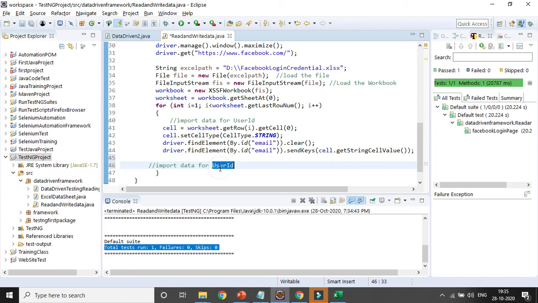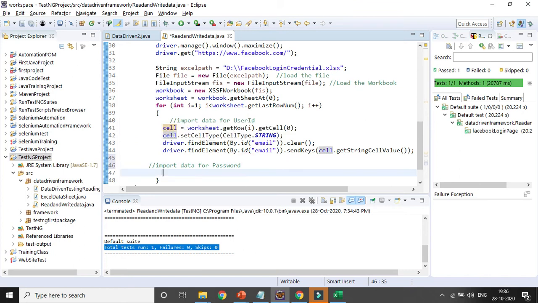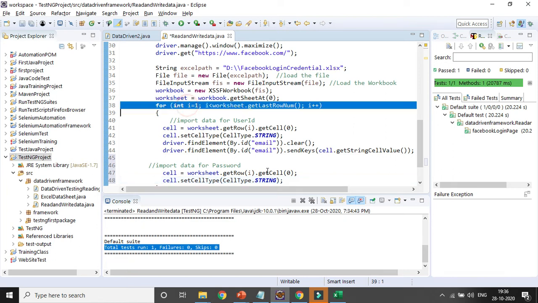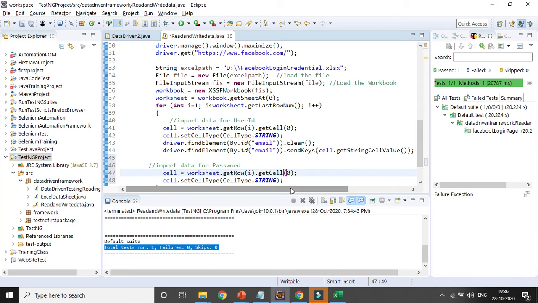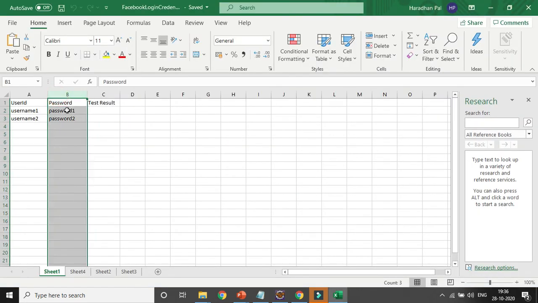For the password, I will use the cell in a similar way. Cell equal to worksheet get row I, because I am using the I for loop, right? And here the cell number will be 1. Get cell will be 1, because it is cell 1. So it will try to read the password field.